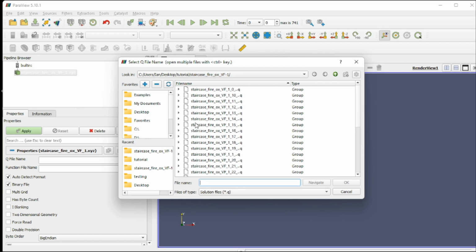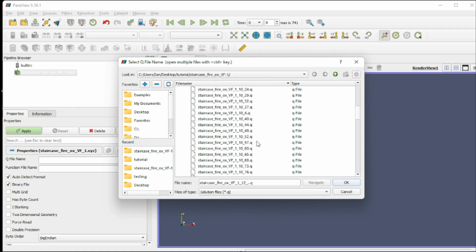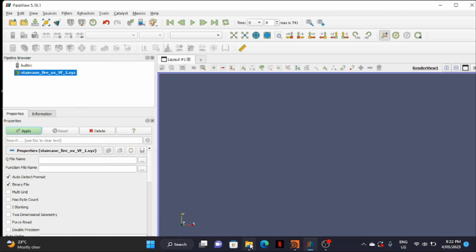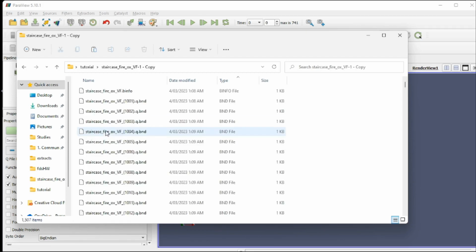Notice how you have to open up all of these tabs. So you can't just click on this and import it, because when we open it, none of them are chosen. Actually, I won't go into that detail, but basically, you can't do it this way. You can't import your Q files directly from the FDS output. So what you want to do instead is, if we go to my copy that I made earlier,